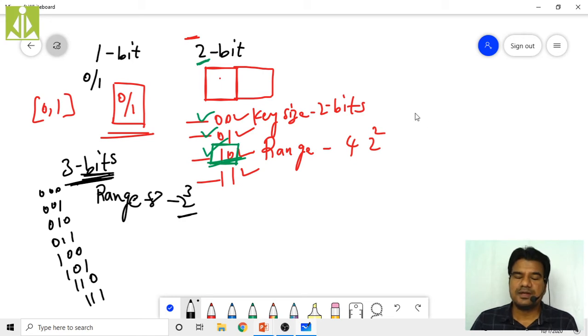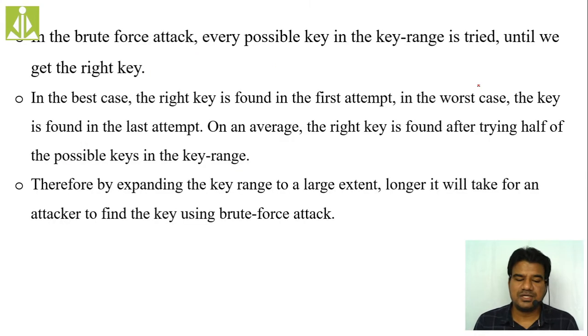So in practical scenarios, therefore we read this statement first. Therefore, by expanding the key range to a large extent, longer it will take. See, the more the key size, the longer the range will become.